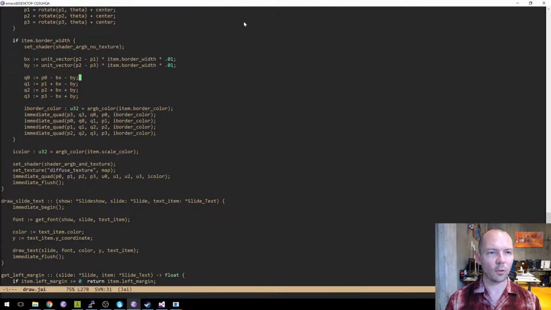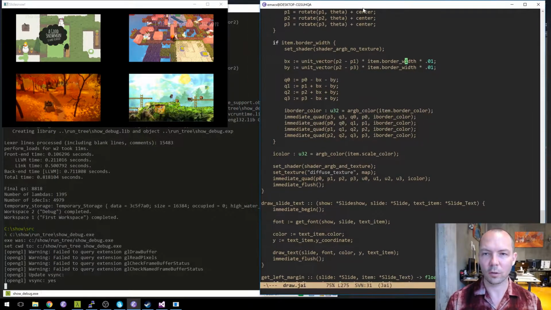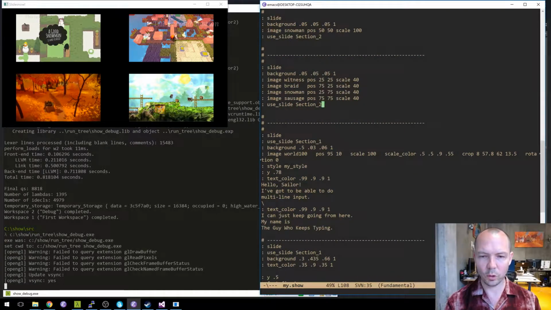All right, so the question is, what happens when I start trying to use this? My show. All right, so border width. I don't know, 3% of the screen.